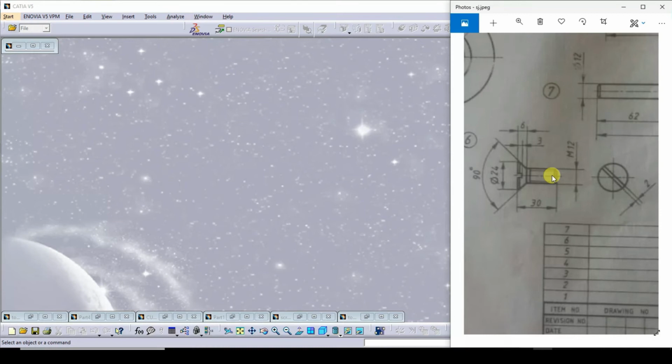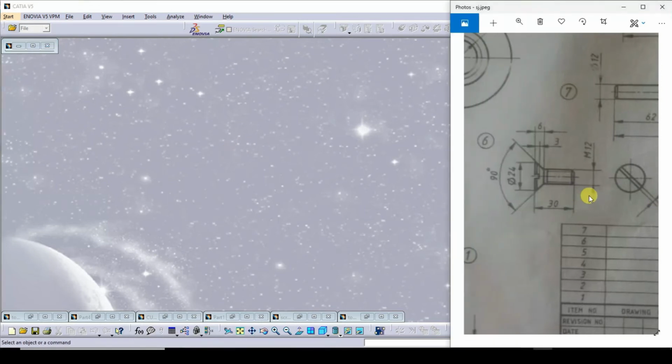then I'll use a SAP command to get this screw, and this is having a thread of M12 from here to here. Here not mentioned this space. You can take till here or you can leave a small space here, 2 mm. Then you can thread from here to here, and this is having a length of 6 mm and the slot is having a depth of 3 mm and width of 2 mm. So here I'll create this part.